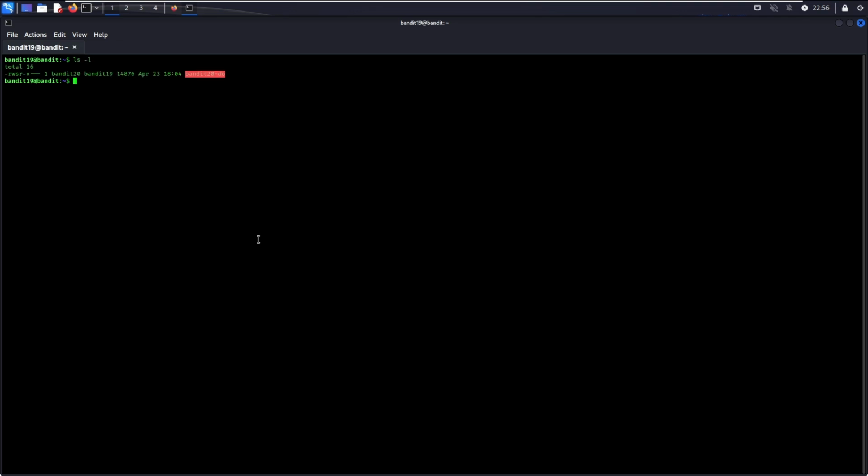Run ls -l to view the content of your home directory. As you can see, the file owner of bandit20-do is bandit20 and it belongs to the bandit19 group. The permission also mentions rws, whereby s is for setuid. This means that if your current user, bandit19, were to execute this file, it will be run as its file owner, bandit20. Alternatively, you can also run file bandit20-do and you will see that the file is a setuid